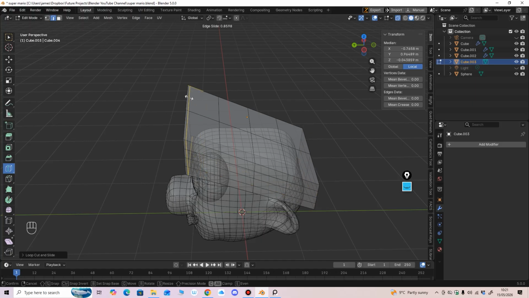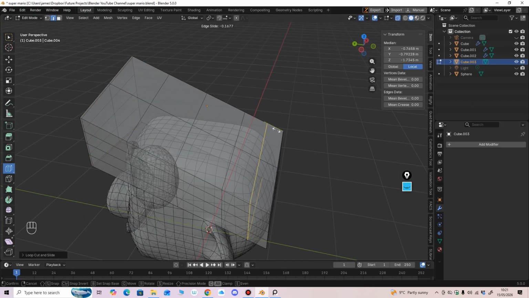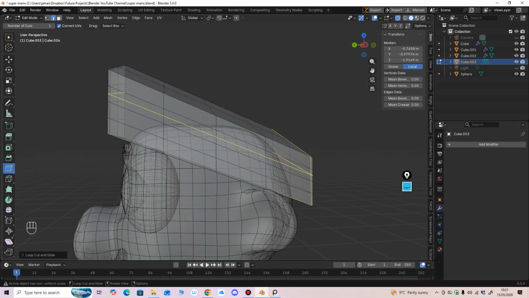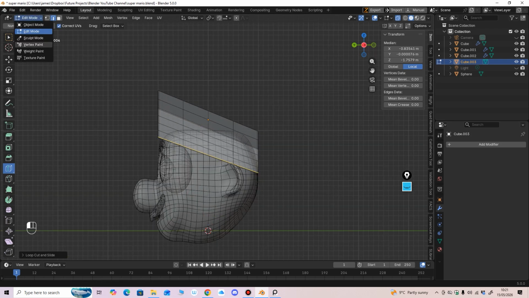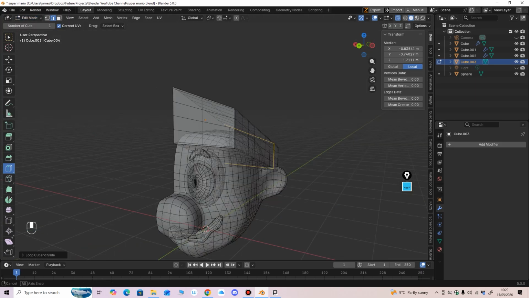Have your supporting edges, so you got kind of your double edge. Then we can go into, I mean, probably need a few more along there,